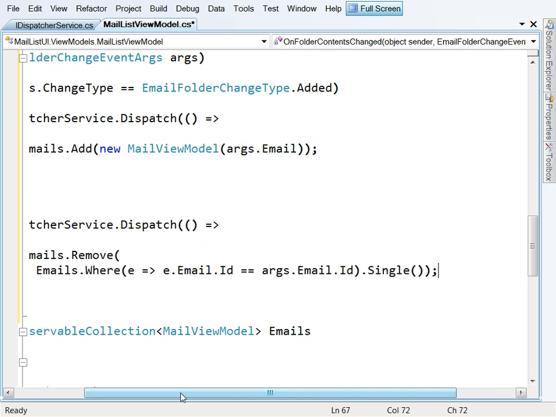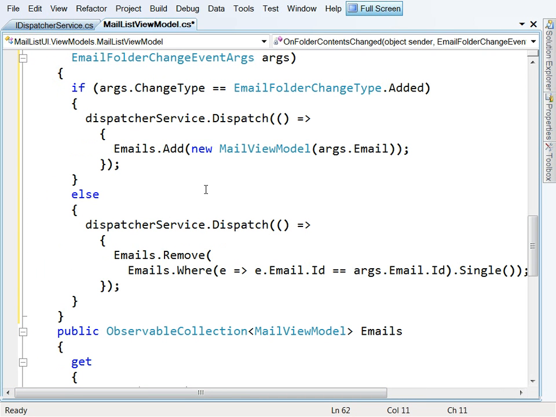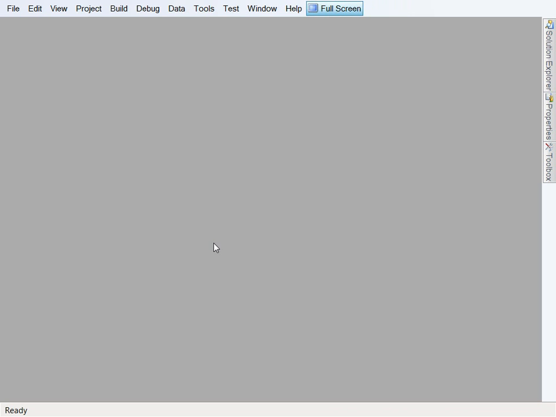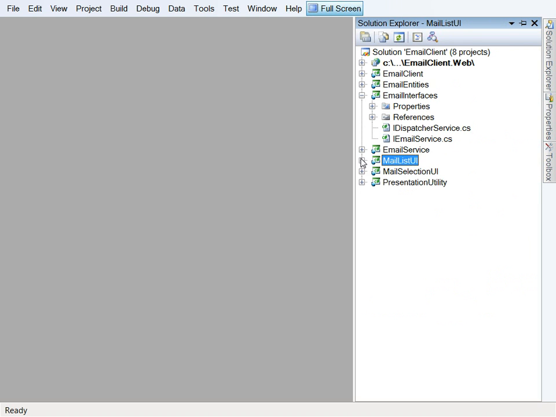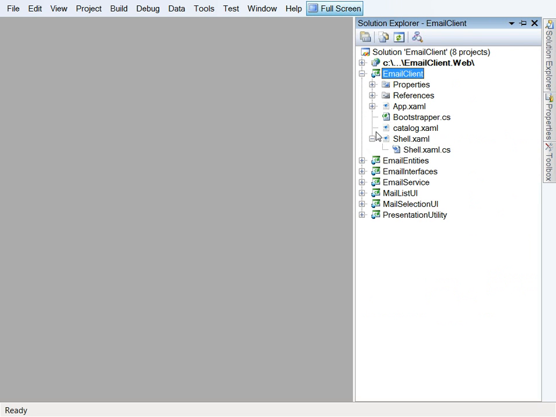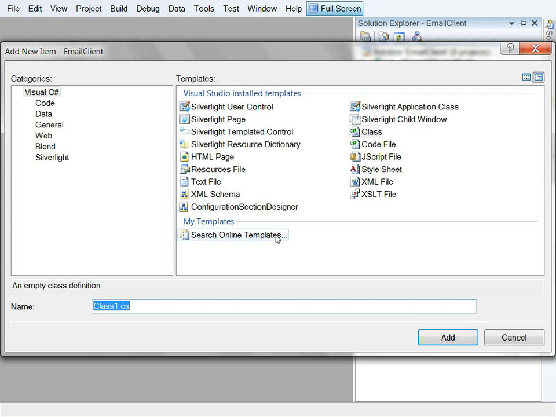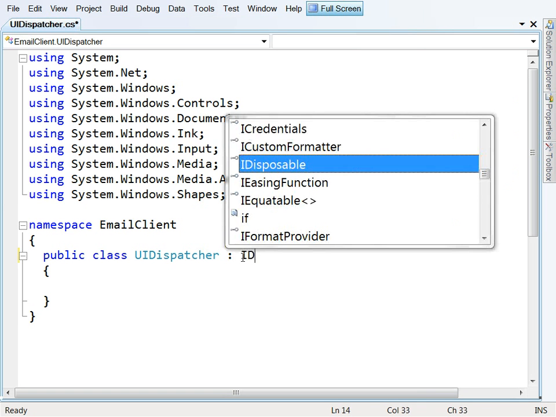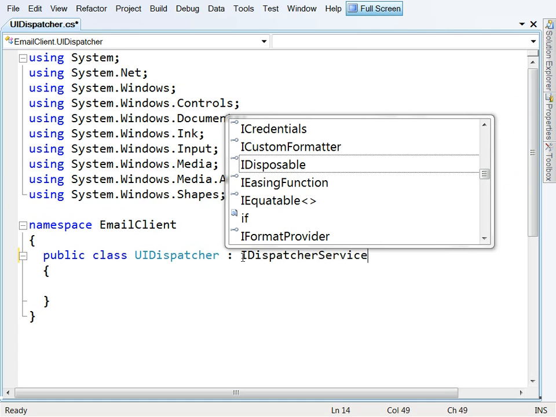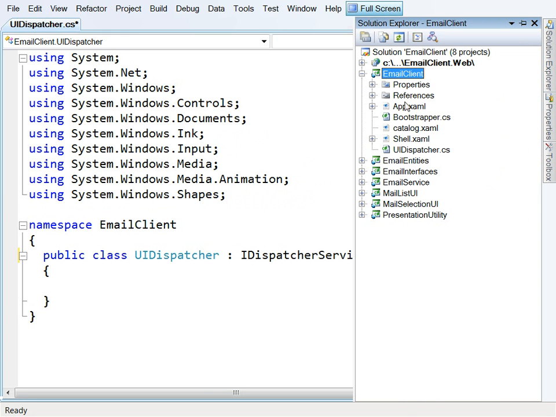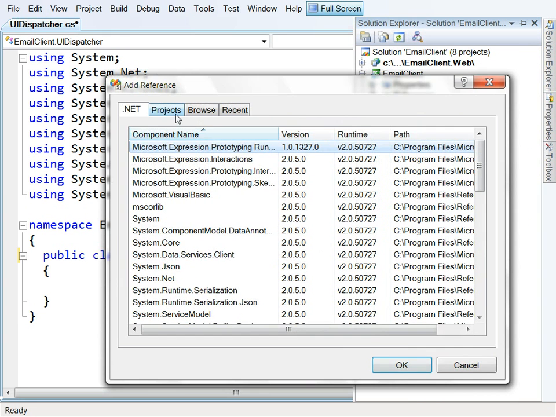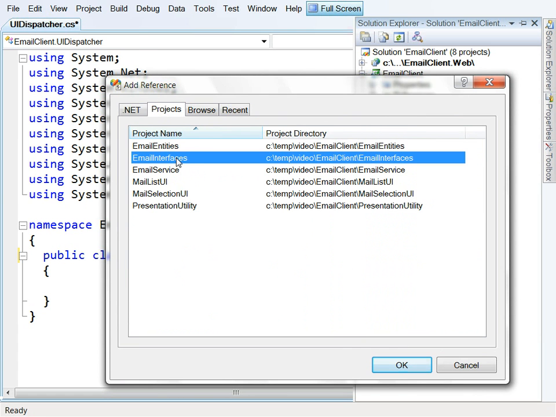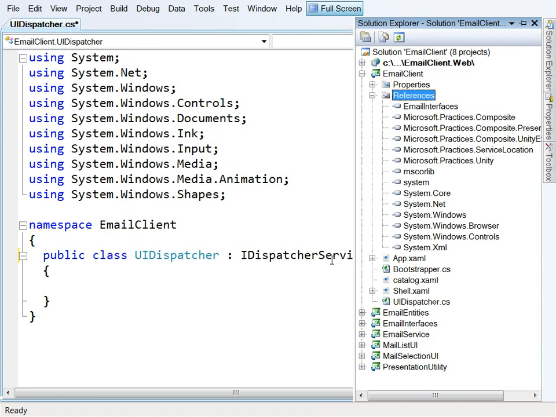Now, what we need to make sure of is that we actually have an implementation of this dispatcher service somewhere. So let's just close these files down again. For now, what I'll do is go to my actual application project, the email client, and we'll implement one up here. So we just add a class. We'll call this UIDispatcher. This thing is going to be an IDispatcherService. Now I don't think the email client actually has a reference to that interfaces project, so maybe I should have factored it into 2 different assemblies, but not to worry, let's just add that in for the purposes of what